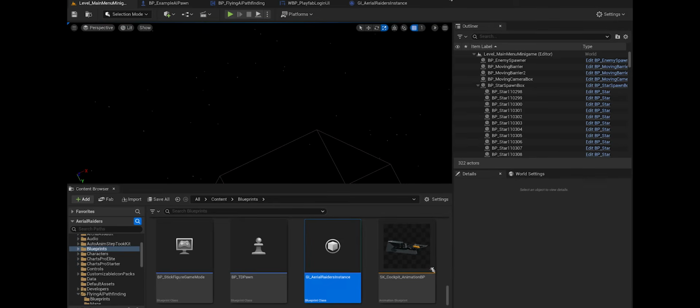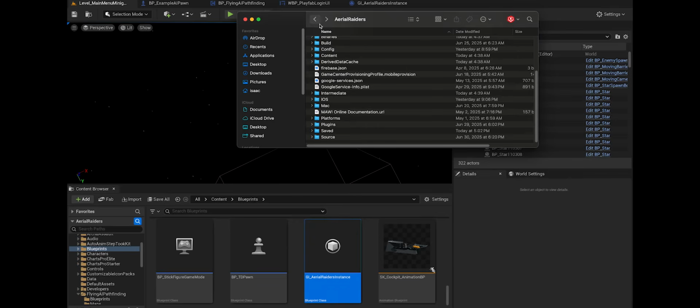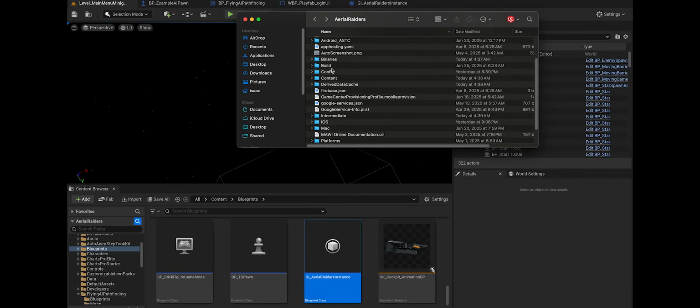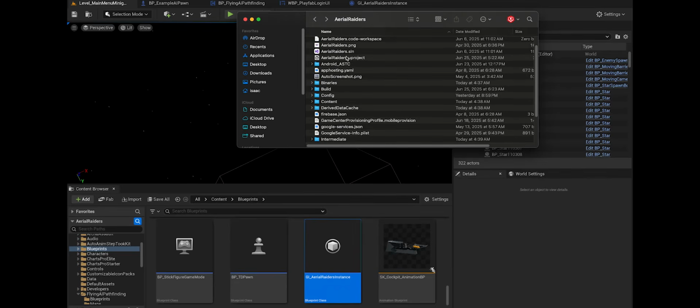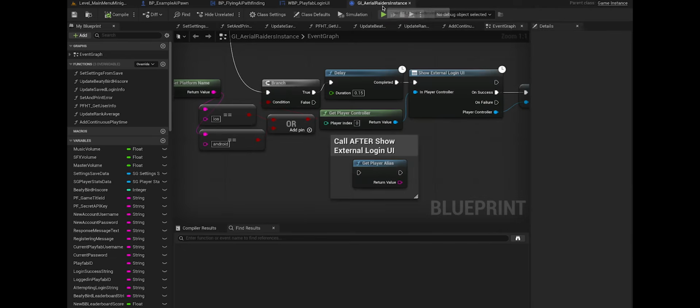But once you get all of that set up, if you have them, delete your intermediate and your binaries folders. These will force a complete rebuild if you delete these and then open your project again. Make sure your project doesn't open when you delete those, and then just reopen it and it should rebuild. So once you have all of that done, then you should be able to call getPlayerAlias